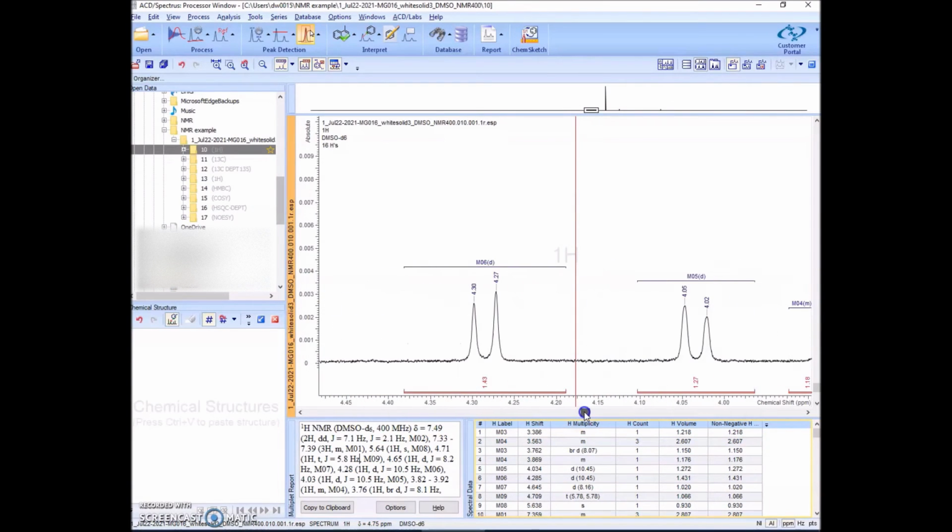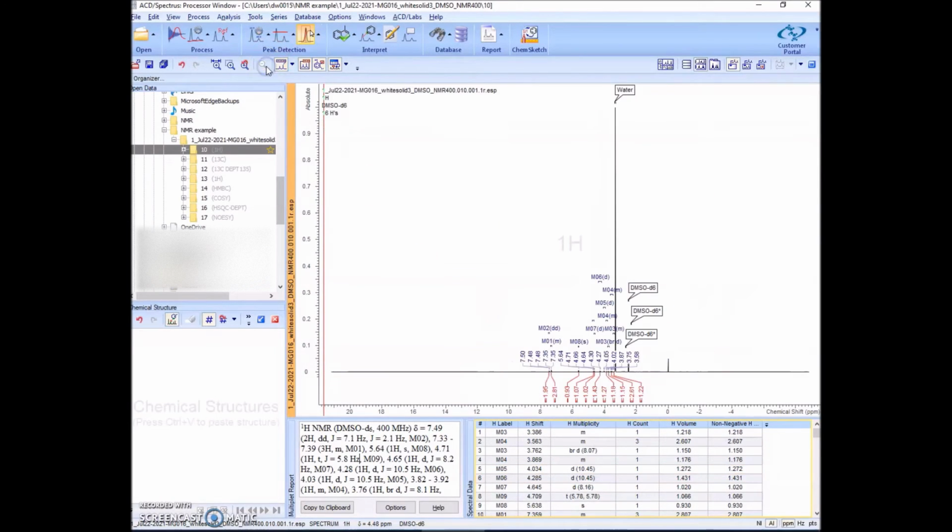So let's look at the next one. This doublet has a coupling constant of 10.45 Hertz. It looks like it might be coupling to this one, which is roofing towards it. They're roofing towards each other, and it also has a J value of 10.45 Hertz. So if I now zoom out to the whole spectrum,